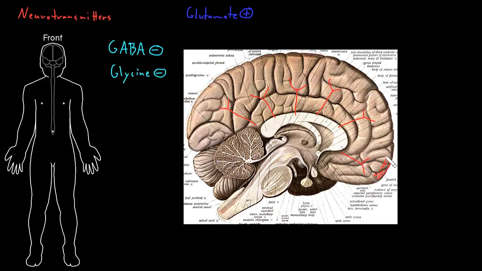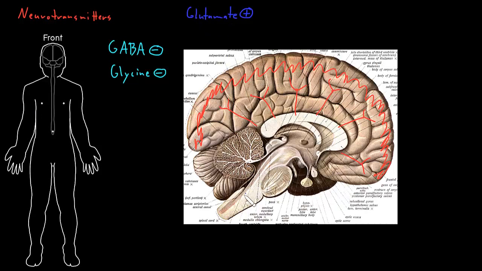And these widespread projections that are dumping a bunch of a specific kind of neurotransmitter all over the big areas of the cerebral cortex are really important for a bunch of the higher functions of the nervous system, including cognition, emotion, and consciousness. So let me start introducing a few of these, and I'm going to start with glutamate, because